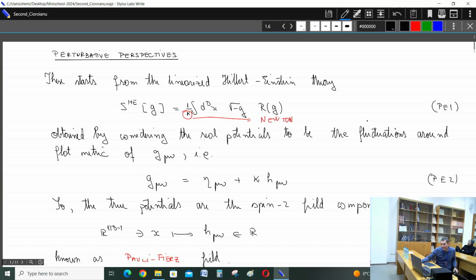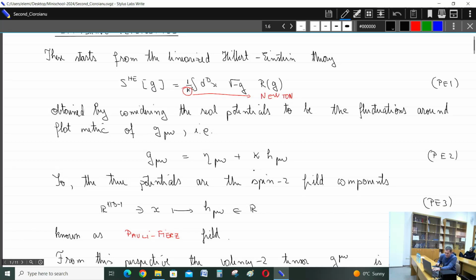In this setting, in fact, the theory becomes a theory defined on the Minkowski space, and the dynamics is given by the standard Hilbert-Einstein action, with here J and the inverse of the metric and also the determinant of the metric being in fact functions of this perturbation H mu, rational function, polynomial functions. This field is also known as the Pauli Fierz field, as we shall see in the sequel. By kappa here, I denoted the Newton constant, the gravitational constant,